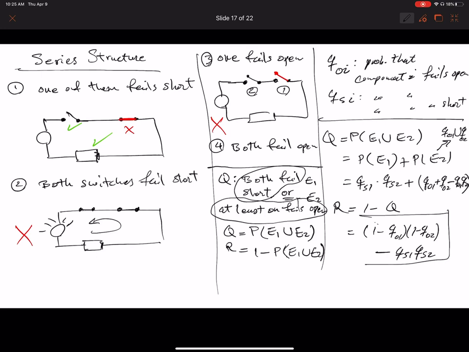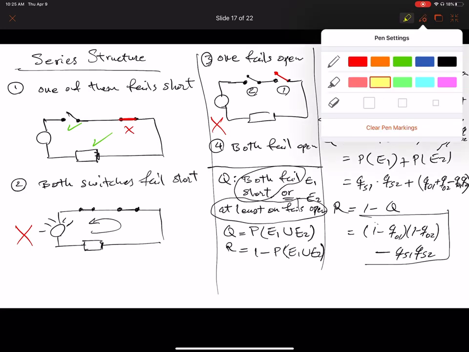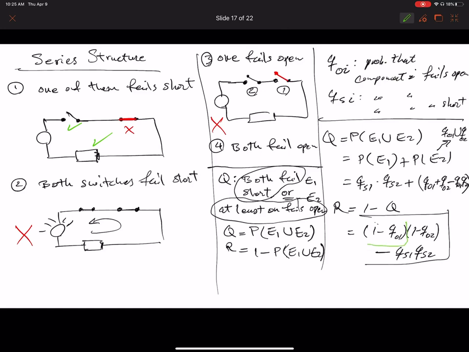This first one means first switch doesn't fail open. This one means switch 2 doesn't fail open. And the product of them means neither of them fails open, minus the probability that both of them fail short. So reliability of the system is